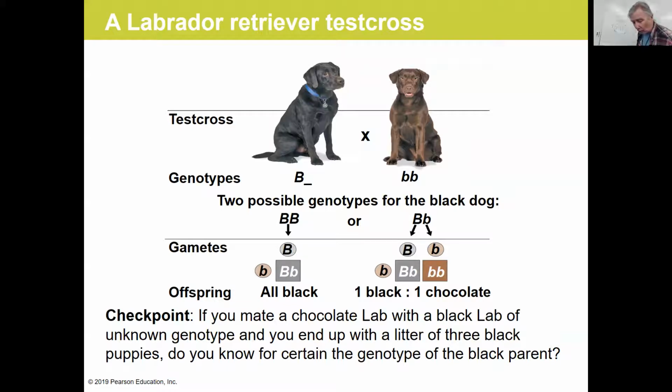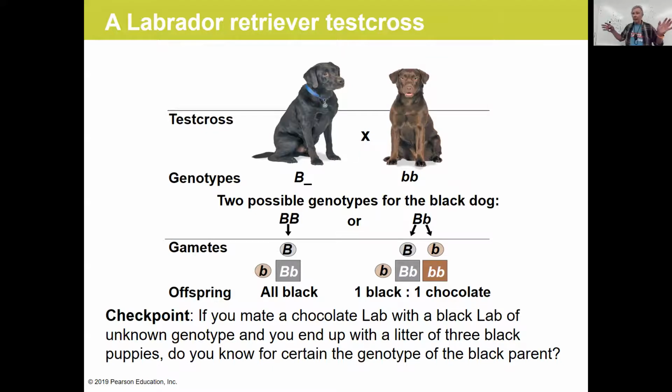So if you do a test cross and you get even one offspring that has the recessive phenotype, you know for certain that that unknown individual is heterozygous at that locus. If you get a big litter and they all are black, then you could say with a good degree of confidence that the unknown individual is big B,